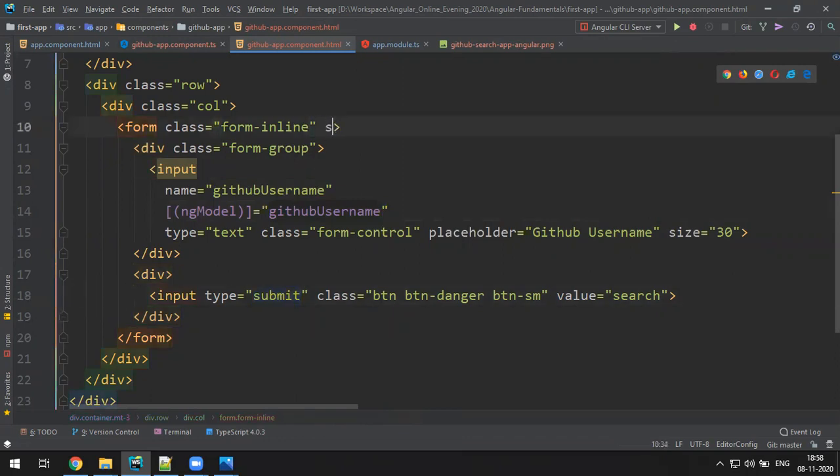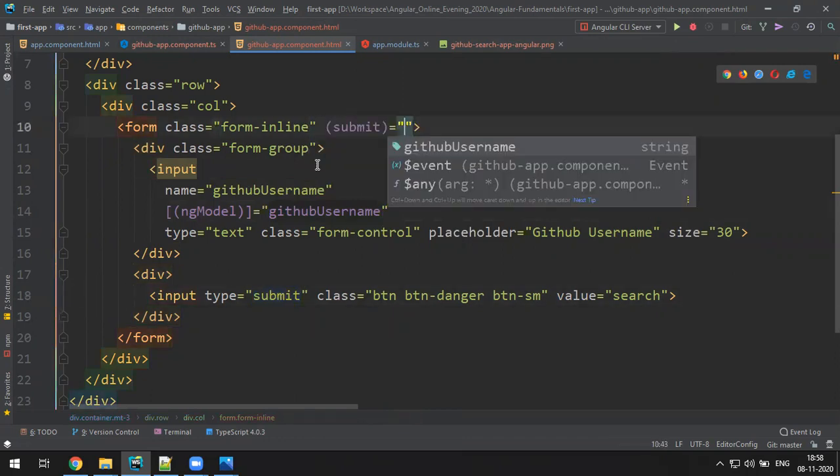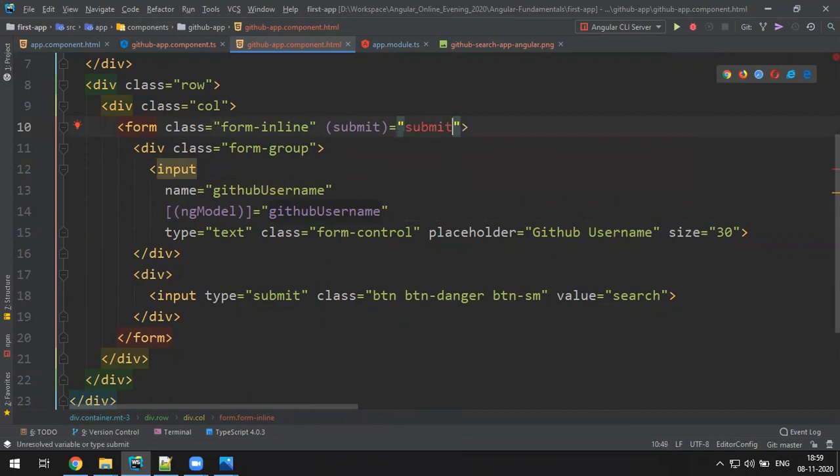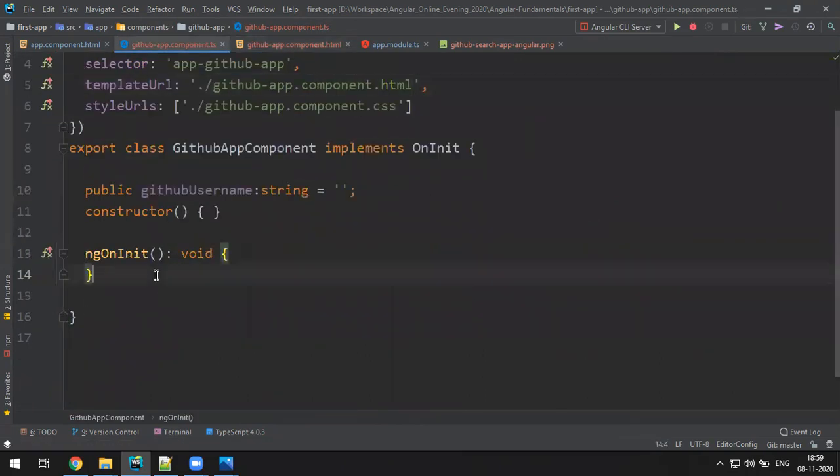So I need to do a submit function. Submit. This says submit, search user. Okay. So when I call this, inside you have to dispatch an action. Let me copy this. Go here. Let's make it public. Paste it. Here you have to pass this username to the action to do the data search from the